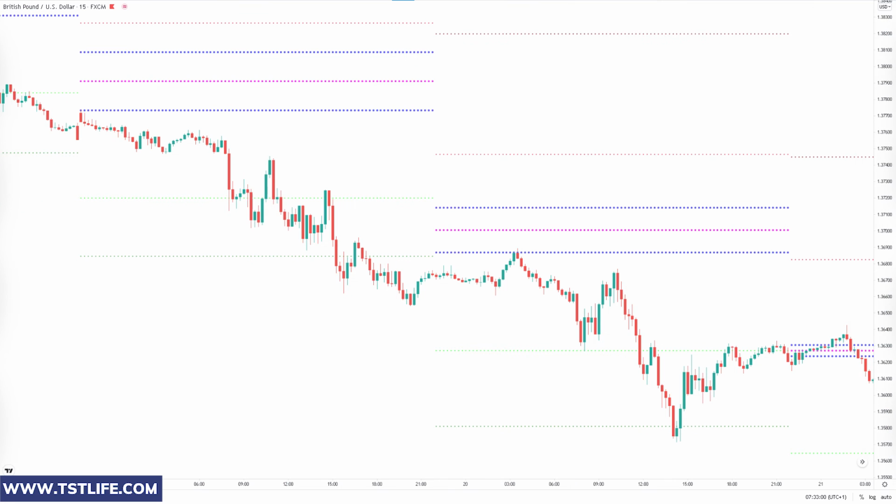Regarding the short trades, the rules are pretty much the same. We should look for a Forex pair with a narrow CPR. The price is below the bottom central level. We go short after a bearish spike is formed. We can wait for a reversal to make sure that we sell at the highest price possible.